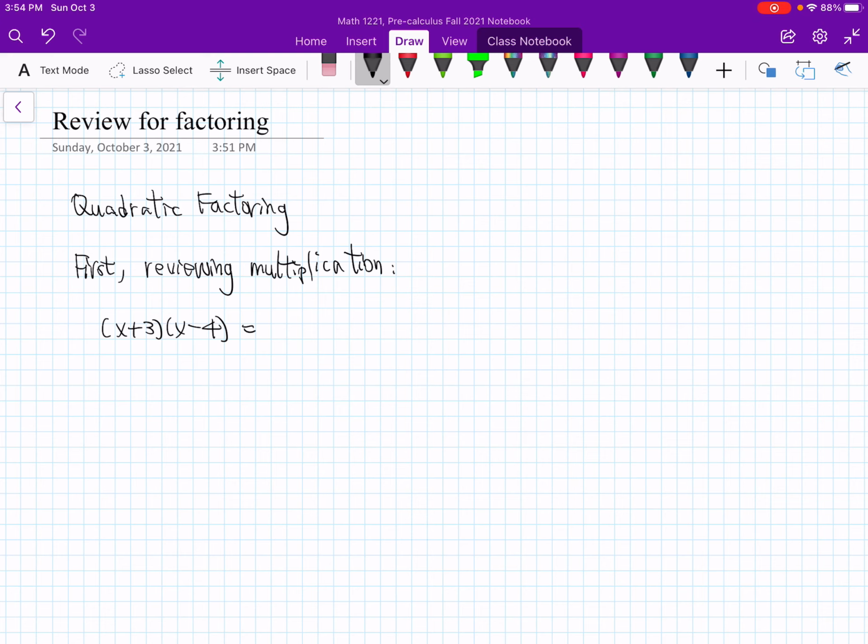So I can say x plus 3 times x, and x times x, plus 3 times -4. All right, so in the multiplication, it's x plus 3 times the first one, x, and then times the -4. All right, so that's what it is. And so this is equal to,